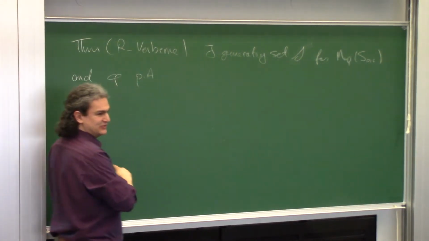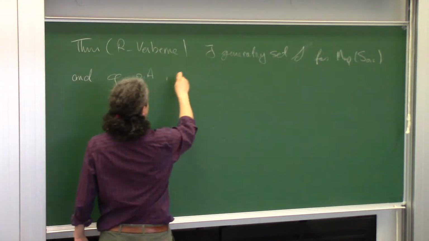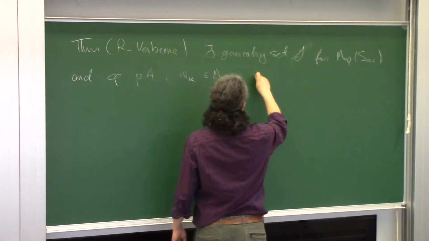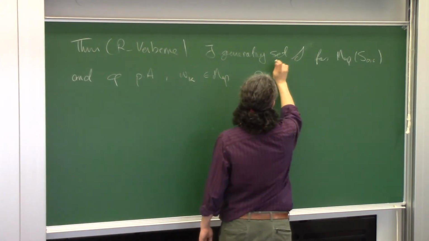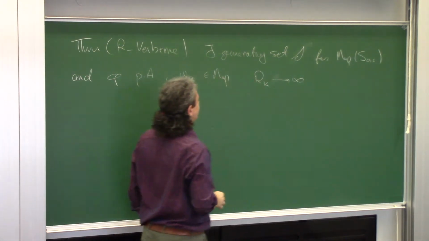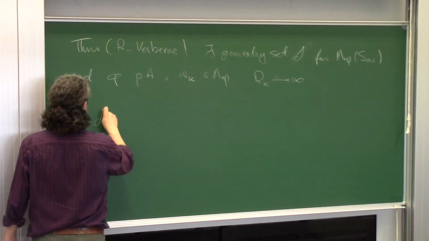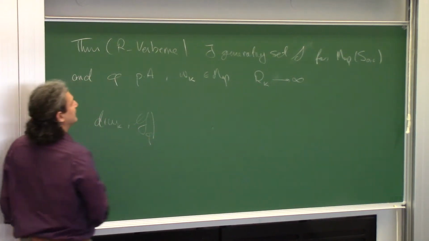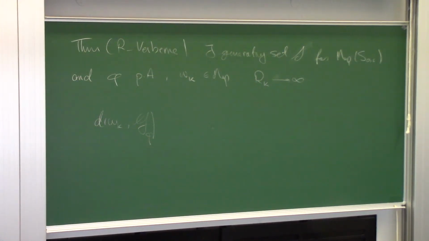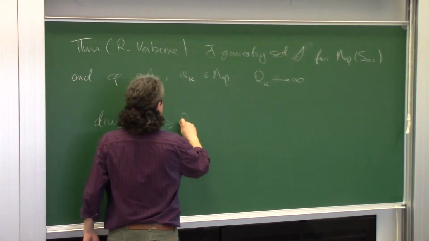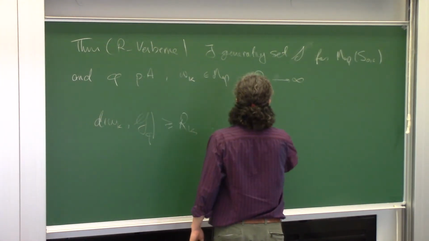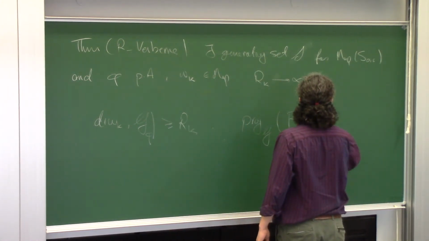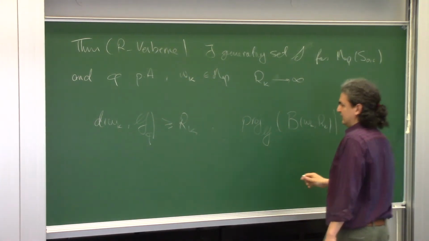And maybe a bunch of other constants, and just write down what I want, right? So there's a sequence of points, W_k, which are elements of the mapping class group, and R_k, which are radii going to infinity, such that the distance of W_k and G_phi, which is the quasi-axis of phi in the mapping class group, is bigger than R_k, but the closest point projection of the ball of radius R_k around W_k has diameter large.